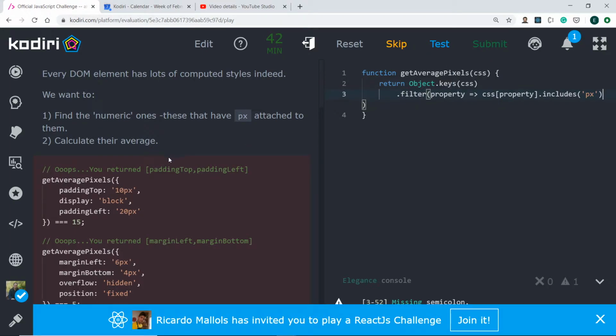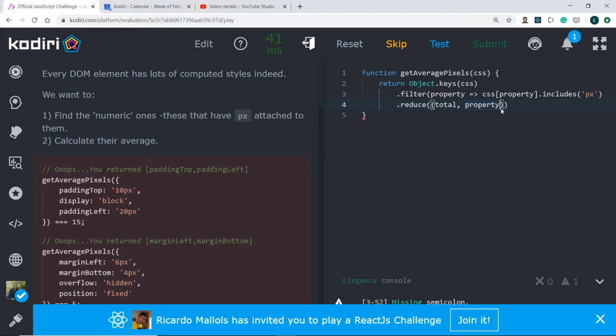And now, after filtering these properties, we need to get the average of the number in these properties. So, do you remember how to get the average? I think it was the first word challenge or the second one. Reduce. Let's use reduce. So dot reduce, and now we have keys or properties. So the first parameter in this function inside reduce, what was it? The total. So total, and then the second one is going to be the property,